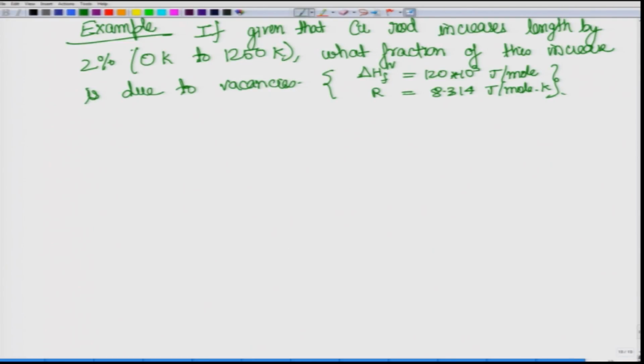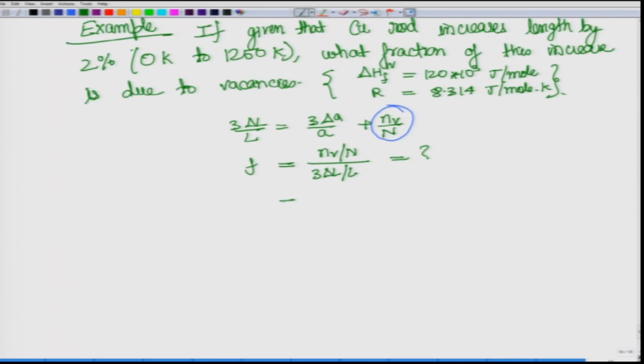So, what do you understand about the question? We already know from the earlier equation that the total change in length, which is 3 delta L by L, is equal to 3 delta A by A plus n V by n. But what we are being asked is a fraction. So, the question is, what is this fraction of the total change? What you have to find is this F value, which is n V by n divided by 3 delta L by L. So, this is what you need to find.